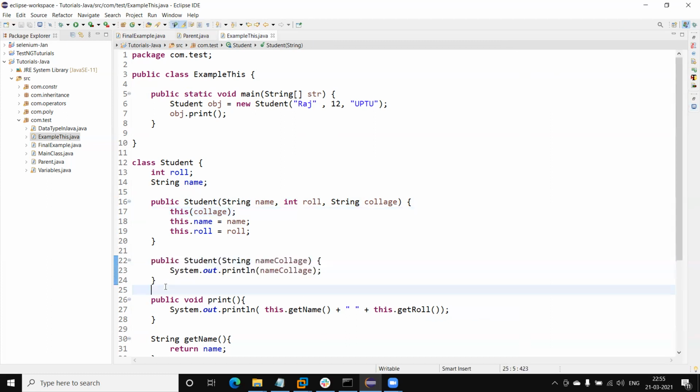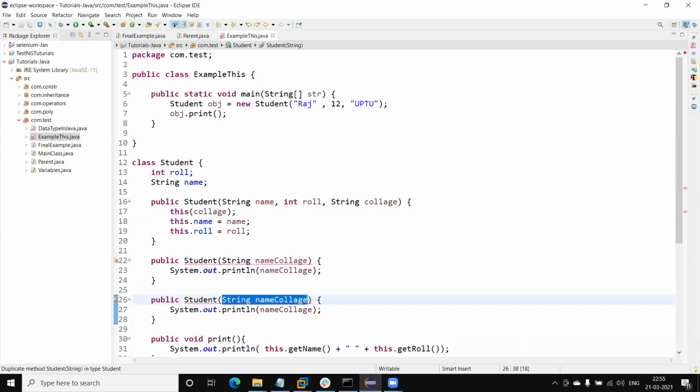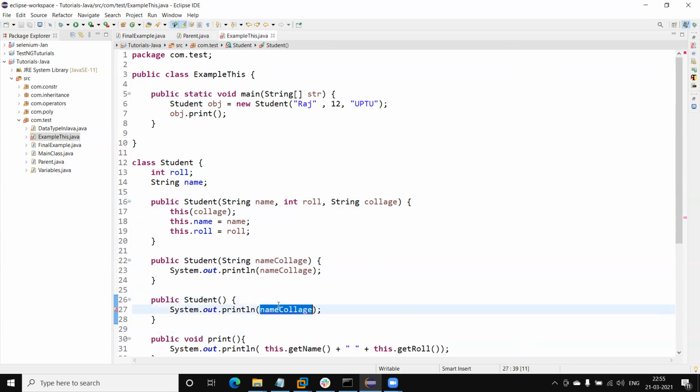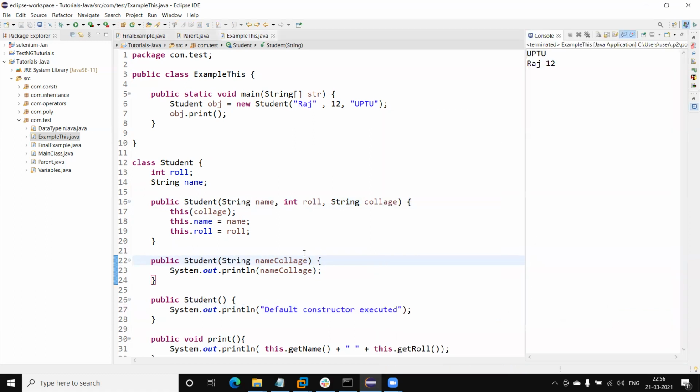Similarly, suppose we have a default constructor that does not require any parameter, and here I'm printing "default constructor executed". Now if I run the program, this default constructor will not be called automatically.